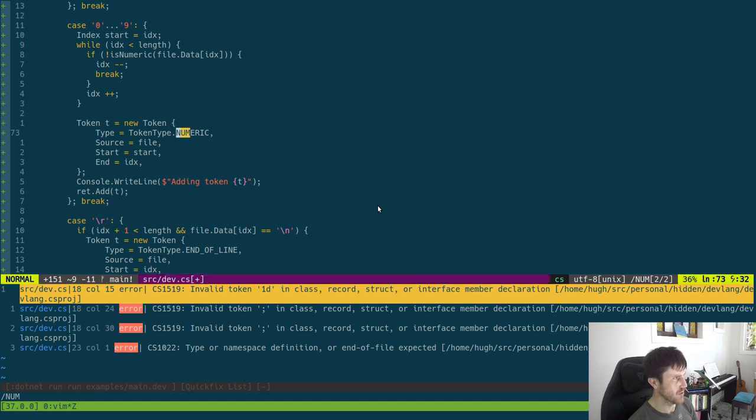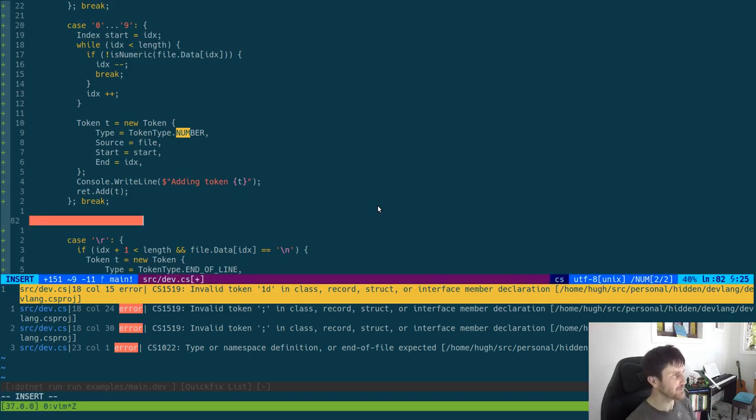Number. So this we want to actually call number. I should have trusted. So that's how we're going to do a number, but we still kind of need to do this. So if it is a to z, I wonder if